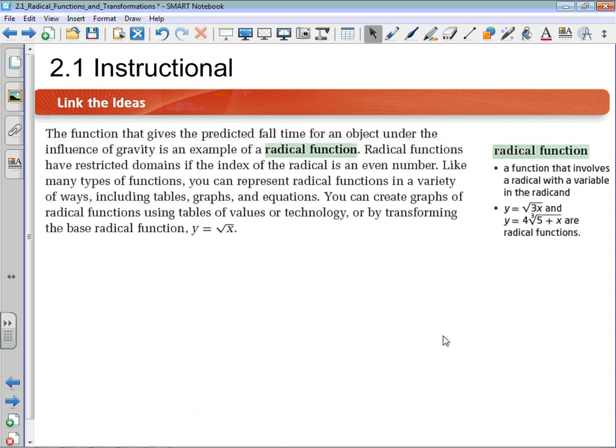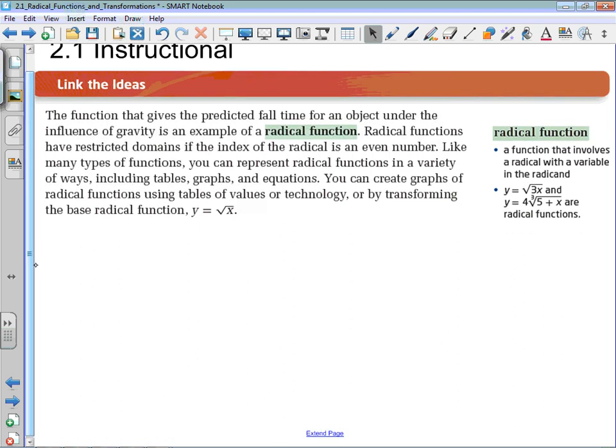Welcome to 2.1 in Math 30-1, where we talk about radical functions and transformations. You dealt with radicals in Math 20 in Chapter 5, and some of that is going to come back, maybe not haunt us, but some of those skills we still have to be able to do. Things like converting from entire radical to mixed radical or solving radicals. We're going to run into some of that in this chapter, but most of this chapter focuses on the idea